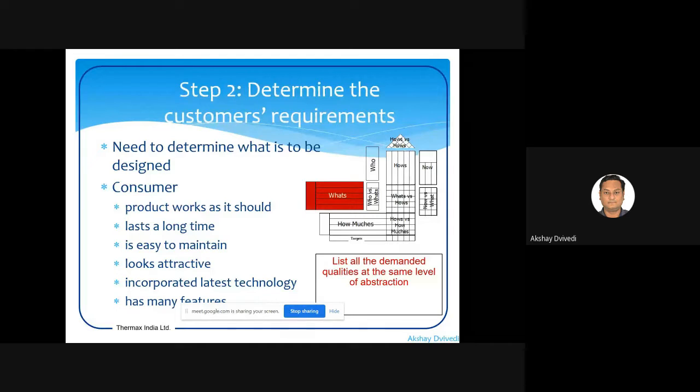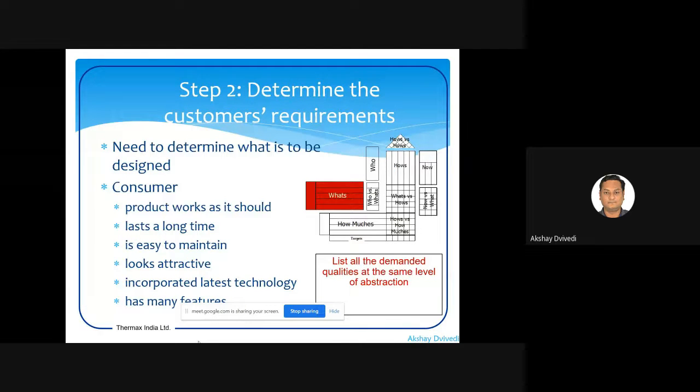If you want, let's say, a book reference for learning more about this, there's a wonderful book named Total Quality Management, and the author of this book is Besterfield. There are three or four Besterfields as authors. You can refer to that book. You will find some very good examples by which you can understand this process. So, how to make this one by one, let us understand this concept.